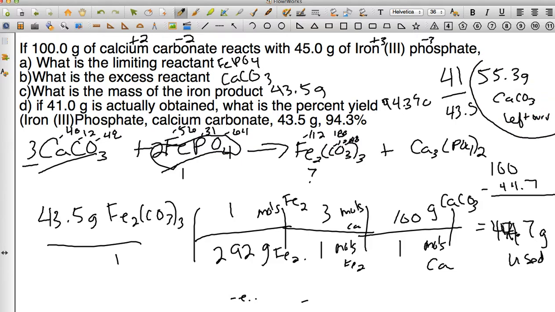All right, now, like I said, this question didn't ask that, but you will have questions that do ask that. So once again, if you're trying to figure out how much is left over, you're going to go from the limiting product back to the reactant that was in excess, figure out how many grams of excess was used. Okay, so this was my limiting product. I take it back over to the guy that was in excess, the calcium carbonate. It tells me 44.7 grams of calcium carbonate was used. If I started with 100 grams and I only used 44.7, I subtract the two, and it tells me that 55.3